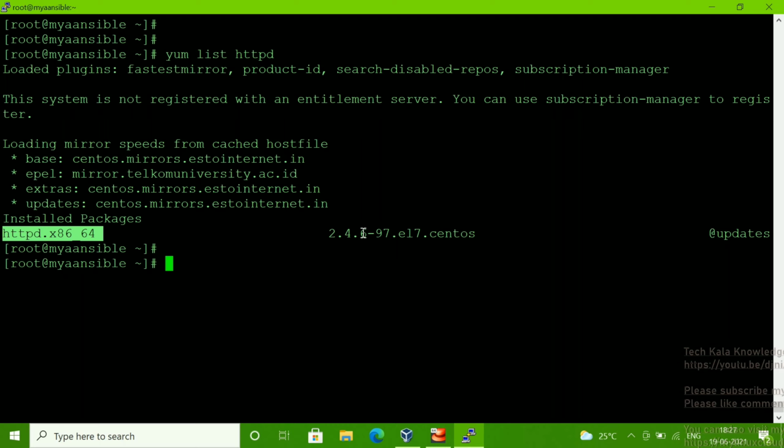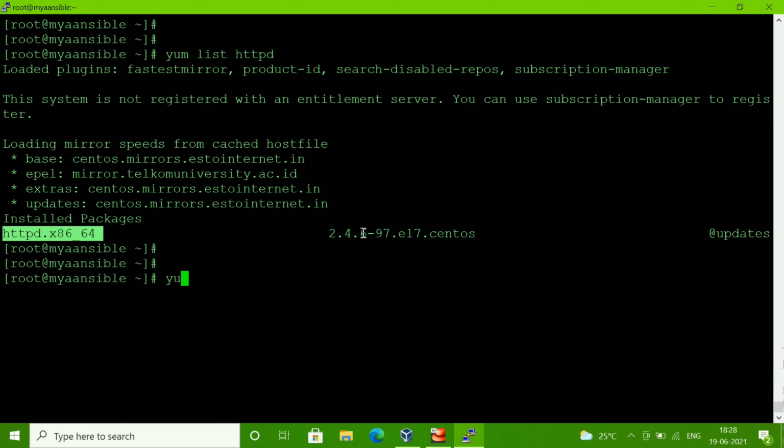Fine. Now suppose you want to search a package, but you don't remember the exact package name. Sometimes you don't know the exact package name. Then you can do that through the search option.